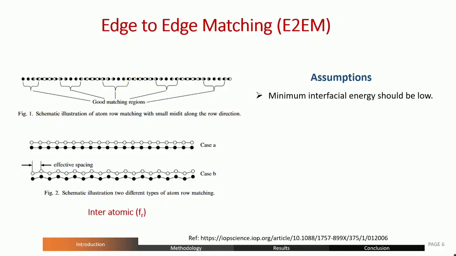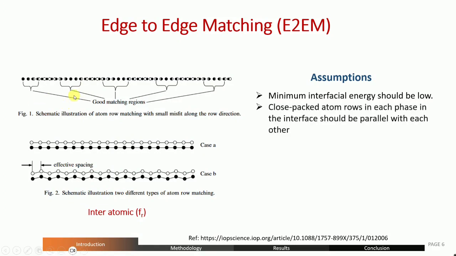I'm just going to give an example. The white dots are aluminium and the black dots are the new nuclear form. So we can see that exactly at this part, it is showing good matching, almost coherent on each other. But when we go to this part, I hope my cursor is visible, where the black and white dots are separated, we don't say it's a good matching. So this is the one rule, that it should almost have a good matching region.